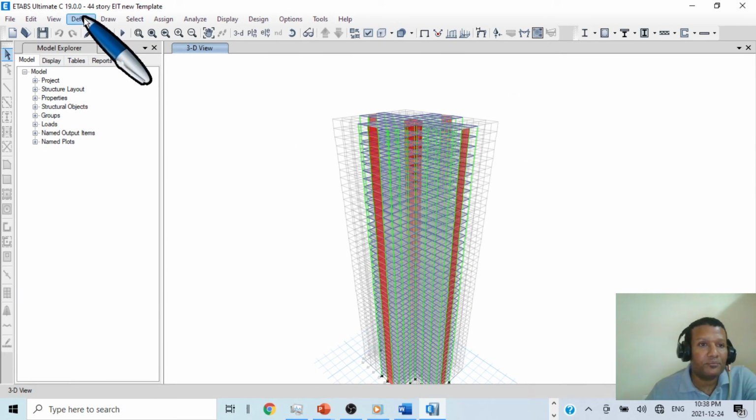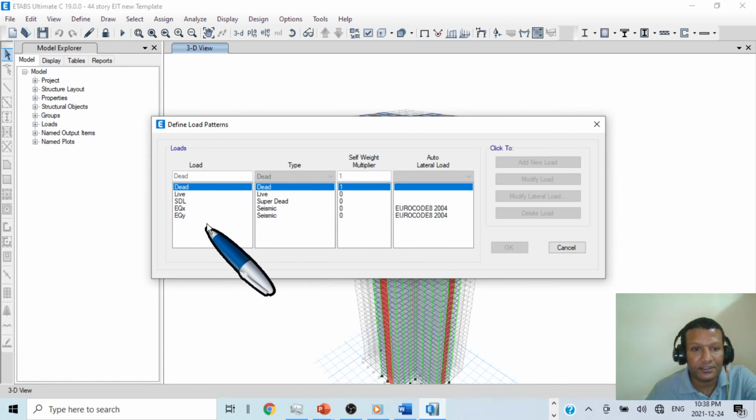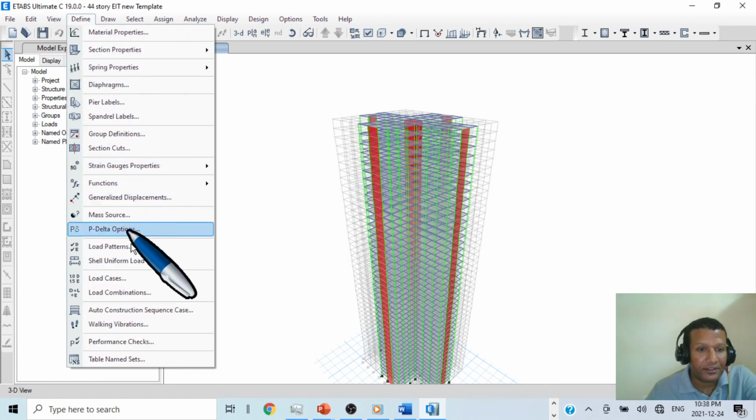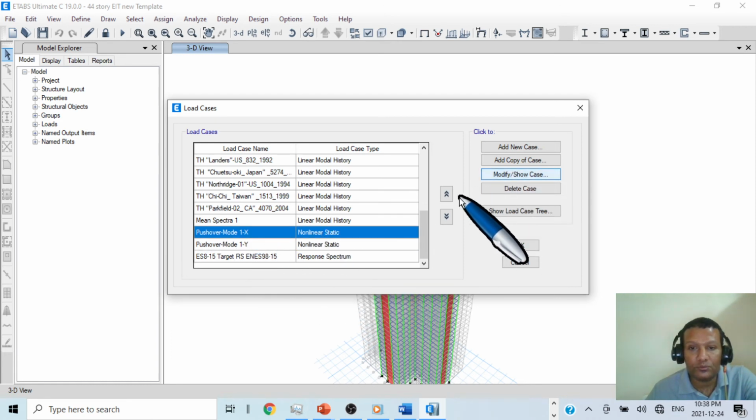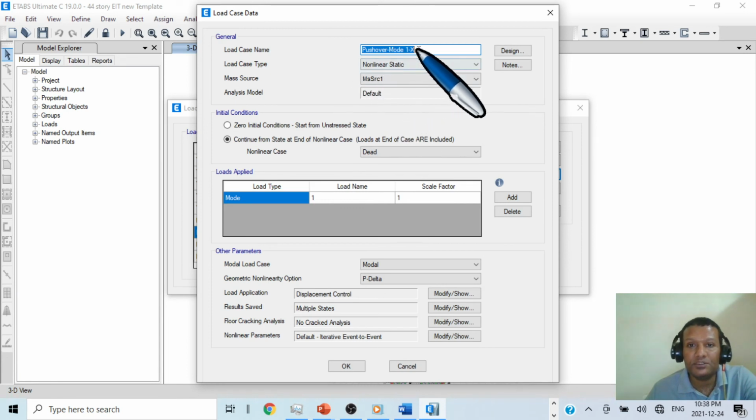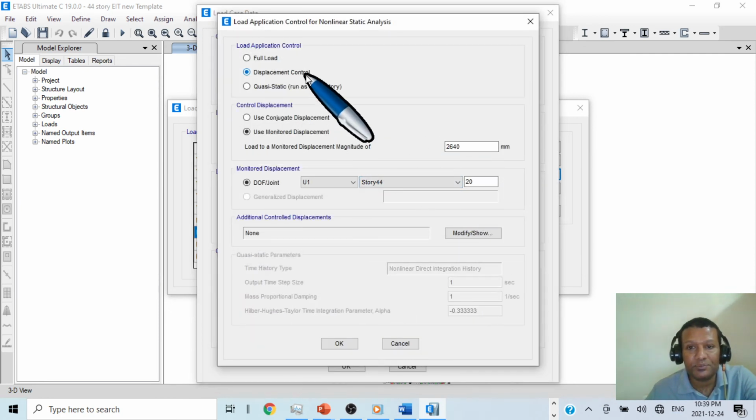So after we perform define, let me show you the load pattern. This is the load pattern we have. Define load cases. In the load cases, we have pushover. So we have pushover X and pushover Y. We have nonlinear modeling. Then if I show you modify, this is pushover. So nonlinear static, mass sources, and we have mode shape 1 and P-delta analysis, and we assign load application as displacement controlled, and ours is 2% of our